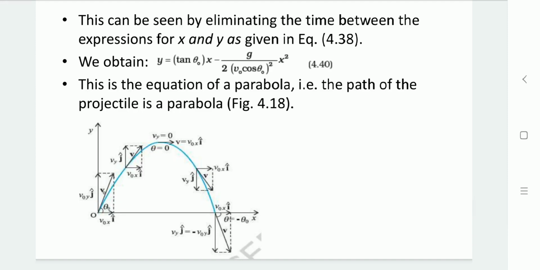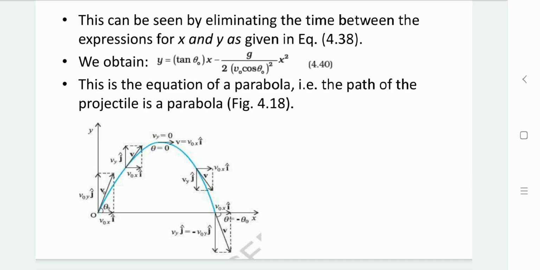From the initial point, the components v0x and v0y are available with the velocity v0. As the object moves further, at a certain point with velocity v, its vertical component vy changes, and v0x, the horizontal component, remains constant. At maximum height, the velocity in the y direction is 0, and only the x component remains, which stays constant along the whole path. After reaching maximum height, it comes downward.